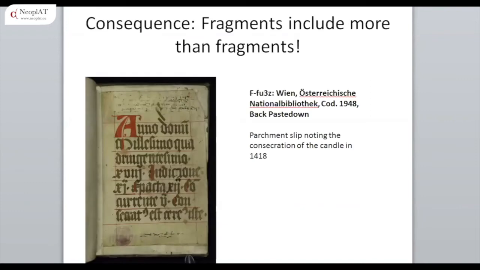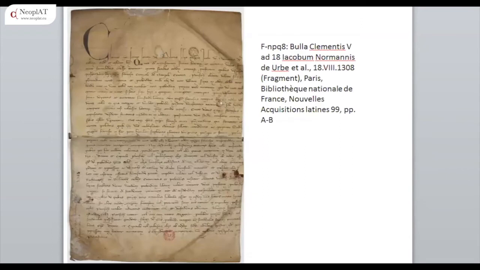So a consequence here of this sort of typology, when we start saying that ultimately we're interested in things like phenomena of fragmentation, if we go and look at a whole bunch of book bindings for fragments, we're going to find things that aren't fragments, like ephemera. This is a parchment slip from a candle, but you find all kinds of other things in there that were not meant to be preserved, but because the object got reused, it continues. So that's one case. Another case is, well, we also find charters, and we have to deal with them as well. And this, by the way,